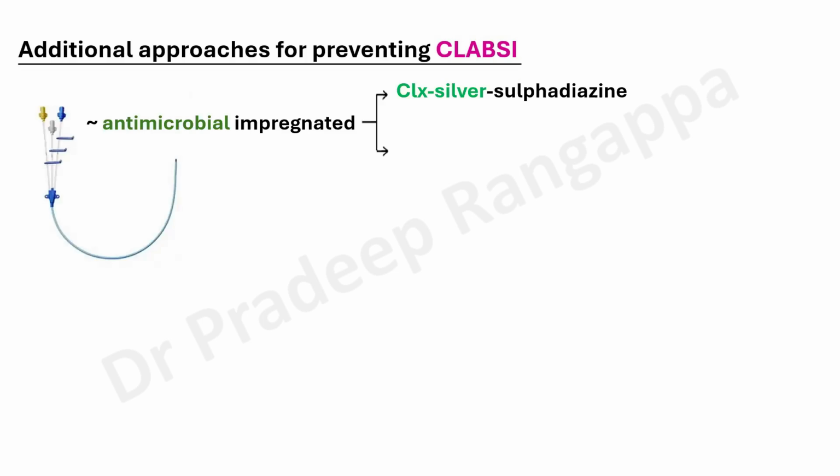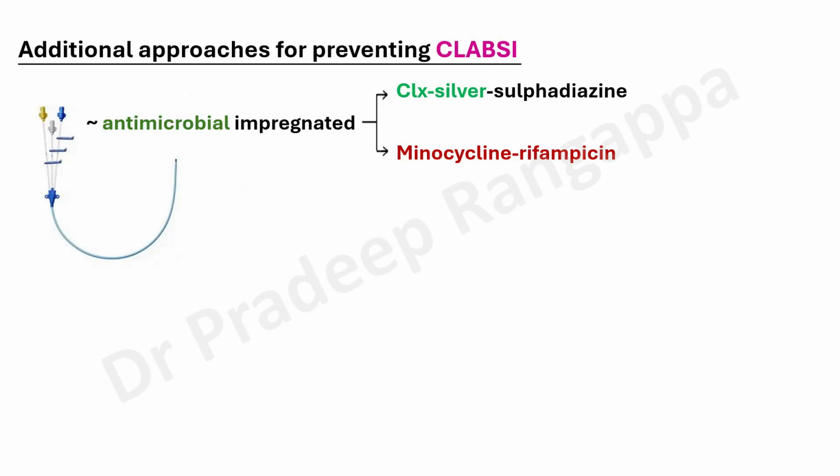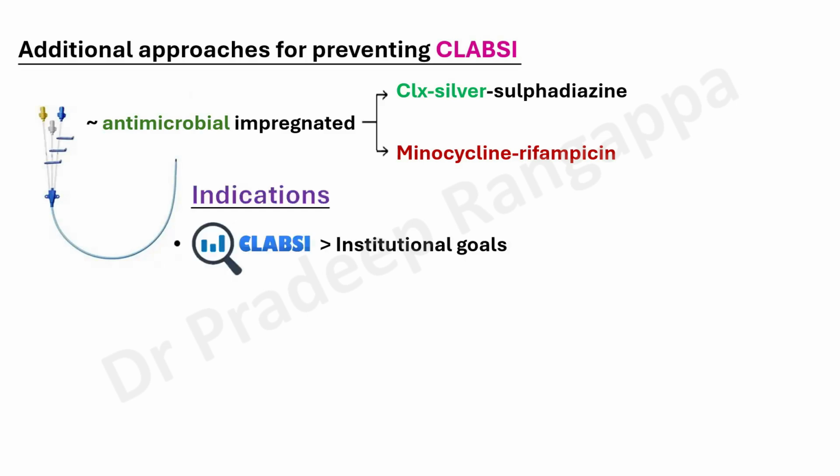There are antimicrobial impregnated catheters. Where do we use them? The antimicrobial impregnated catheters are chlorhexidine with silver sulfadiazine, and minocycline with rifampicin. These are the two catheters that are available now. Indications: you don't use these routinely. The indication is where your institutional CLABSI rates are more than the accepted benchmarks, like you saw the Indian rate sitting at 6 or 7. If it is more than your institutional goals, you may have to consider using this